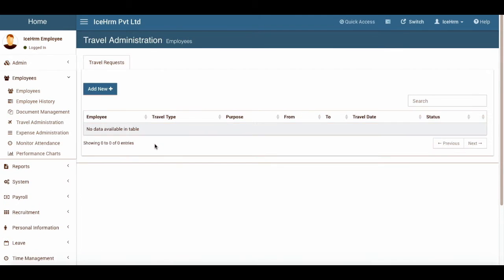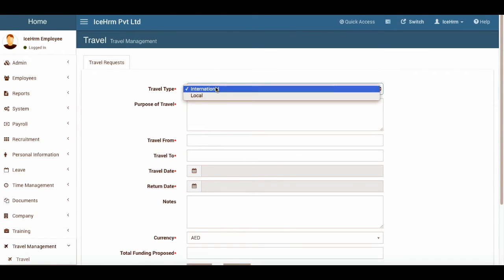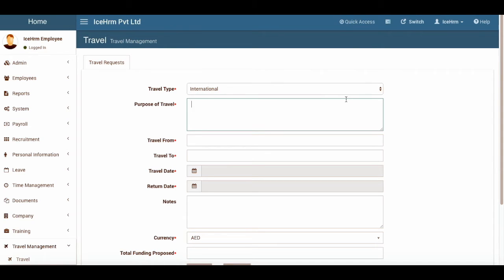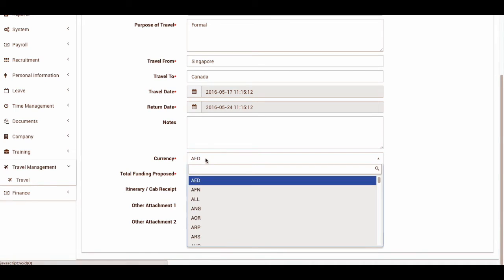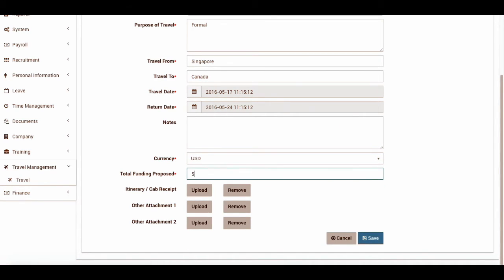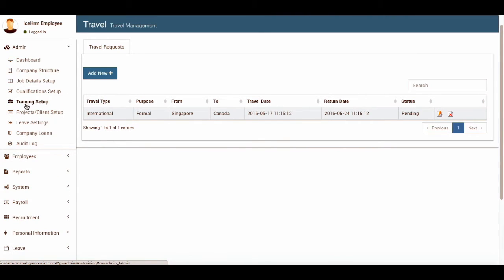Okay, now the travel administration. Here you can see all the travel requests coming from the employees, but at the moment there are no travel requests. Maybe I can go in and make a travel request here for the travel module. And here I'm going to add a travel request. The 17th, and I don't need any more. I'm not going to upload any documents, but if you want, you can upload documents as well. And save this one. So here if I go to the travel management, since I am the